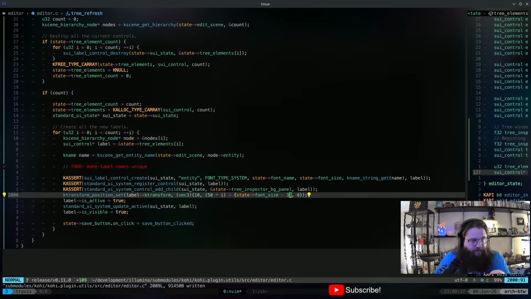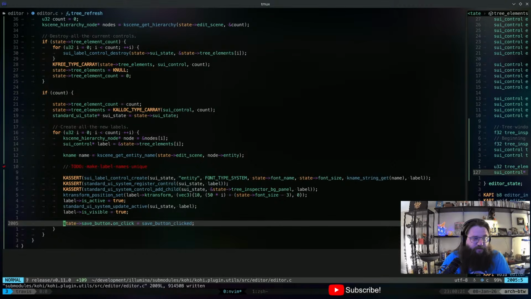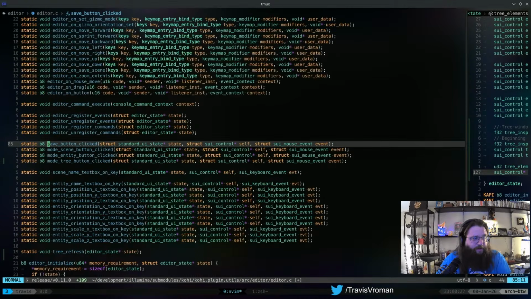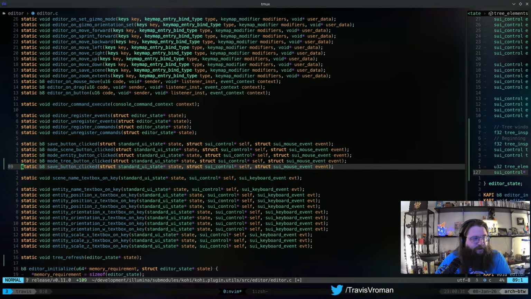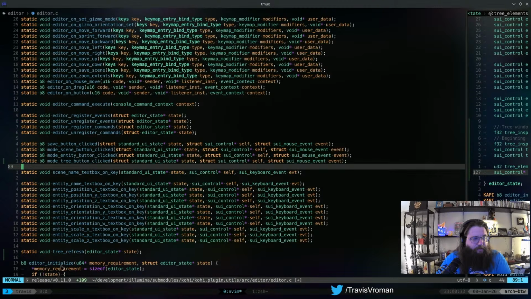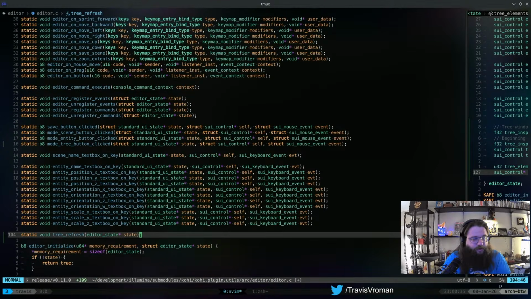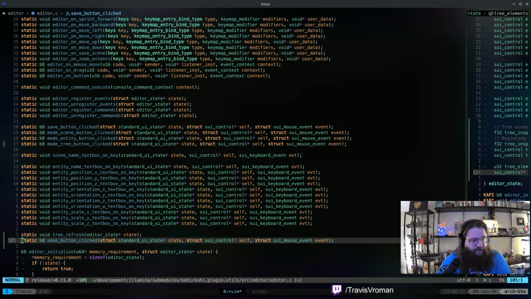So we do that, and then the on click, right? So we have label on click. Instead of save button clicked, I'm going to take a copy of this and paste it here. In fact, actually, no, I'm going to paste it all the way below tree refresh. So they're kind of together.